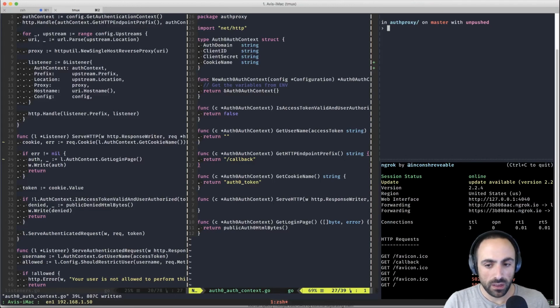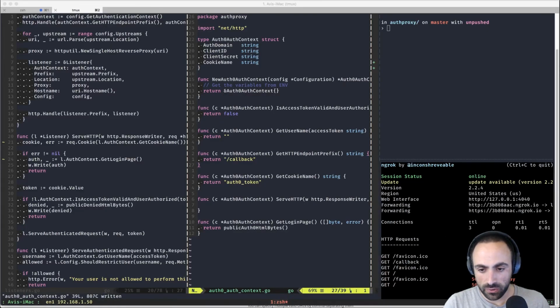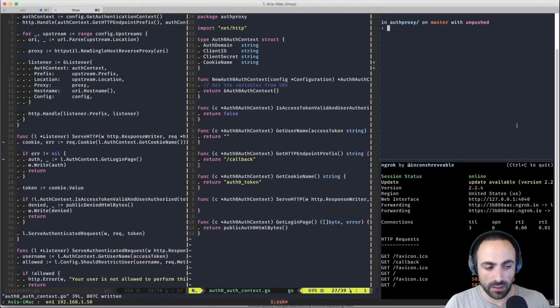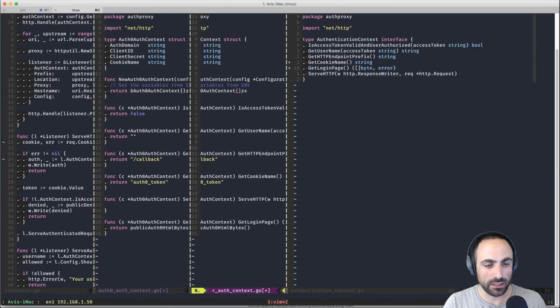Great. And you know what? Let's also do the domain. So let's copy this. Great. So I'm going to copy this into my authentication file. And then export domain, and this is going to be here. And then I can source it again and echo domain. Great. So I have the client ID, I have the client secret, and I have the domain. And what I need to do now is grab that into the config